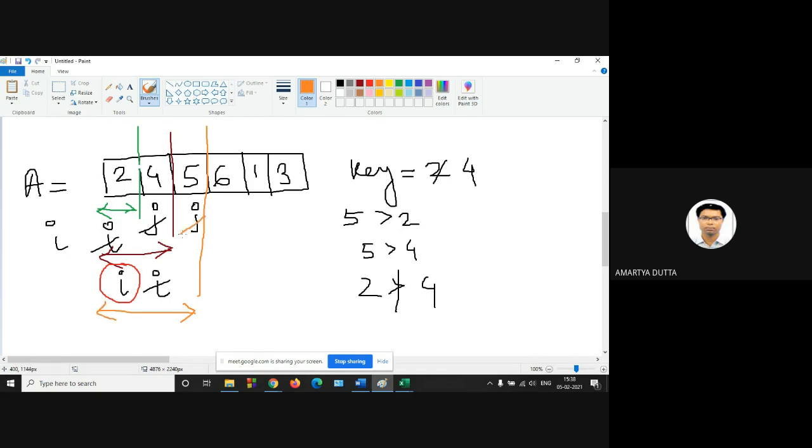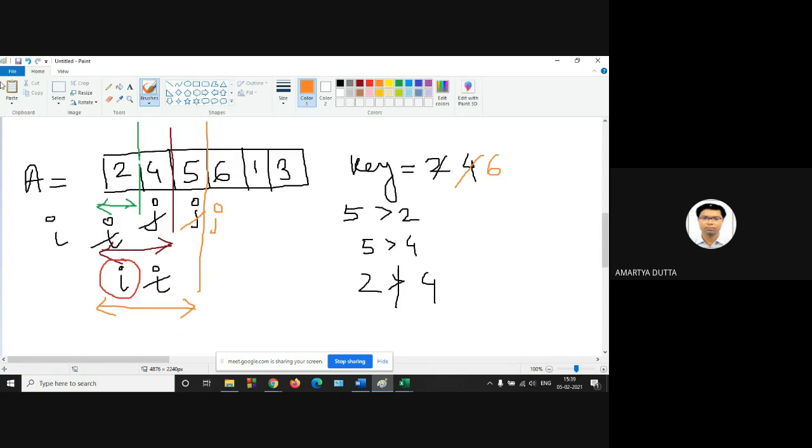Next, increment the value of j. So the j value is this. What is the key value? 6. Next, the value of I. What is the value of I? 5.